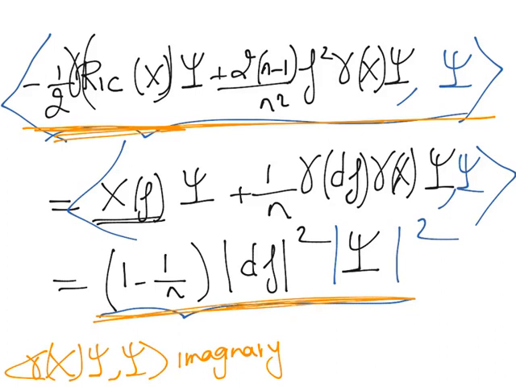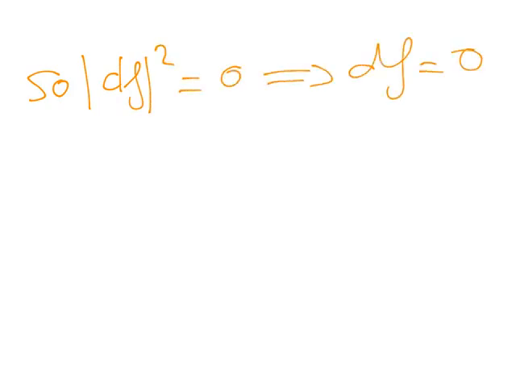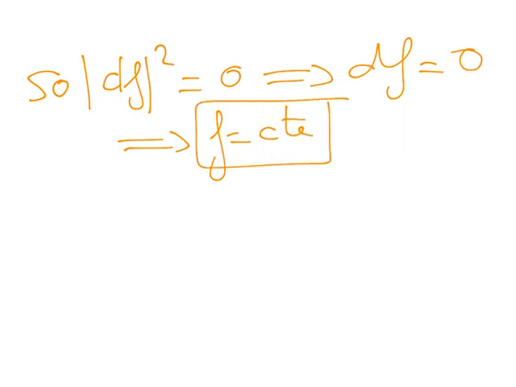So as a conclusion, if this quantity here in yellow is 0 and psi is a non-trivial spinor, I'm going to get norm of df squared equals 0. This means that df is 0, automatically f is constant. So f is constant, and then